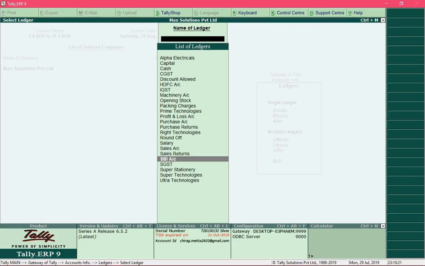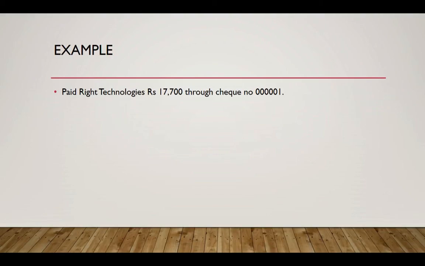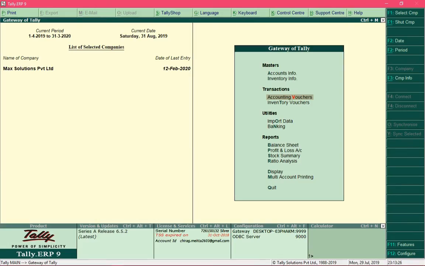Alright, now I will pass a journal entry where I will demonstrate the use of check management. I'm going to record this entry where I'm going to pay rupees 17,700 to a supplier through a check. So how do we pass this entry? We know that in order to record entries we use accounting vouchers, so I will select that option.